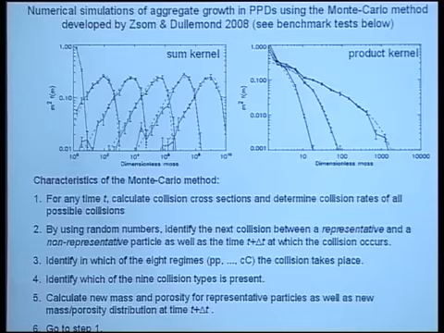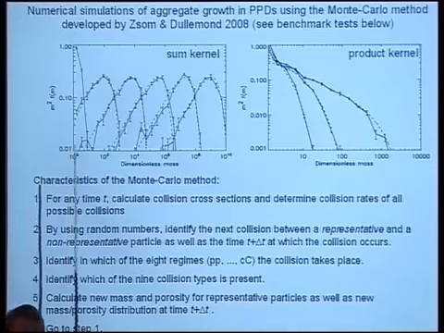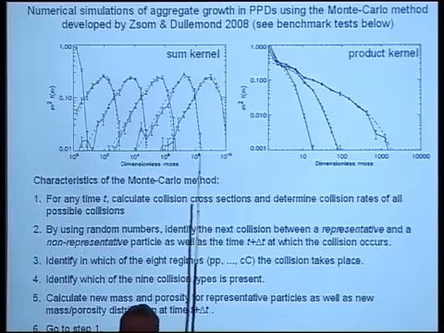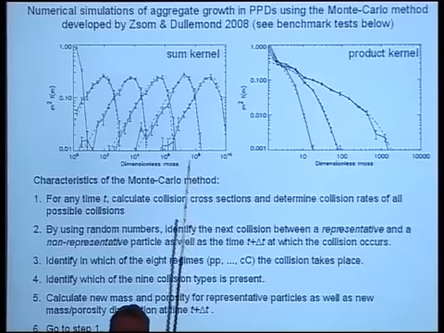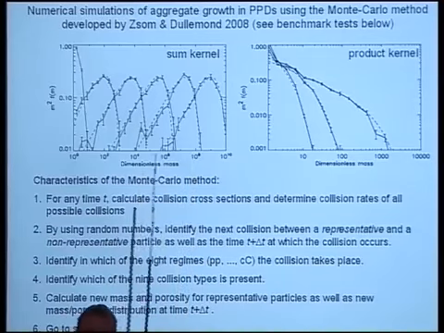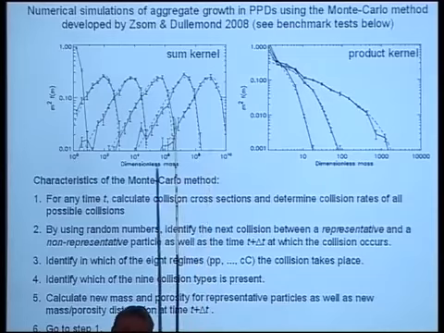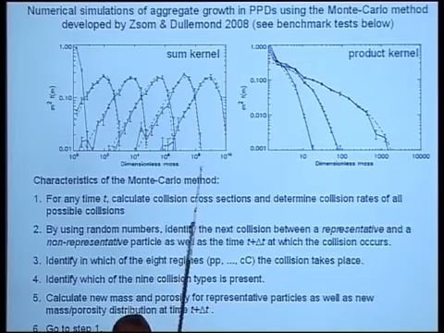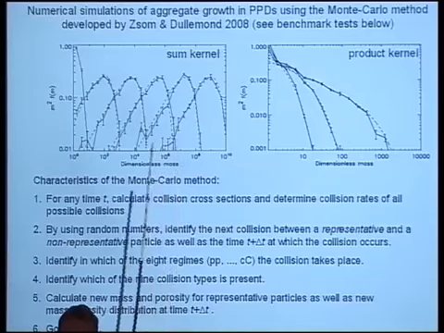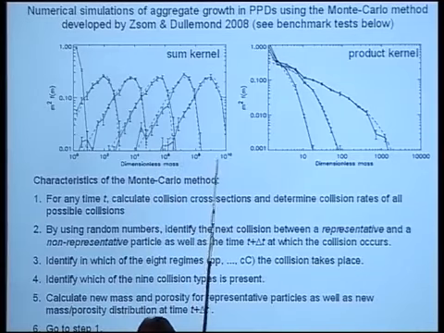So we have some confidence in this code, and we trust that code in as far as we can plug our physical model into that Monte Carlo code, because it has the advantage that it can not only treat mass and velocity, but it can treat porosity and fractality, if you like, and other properties that the particles bear as well.